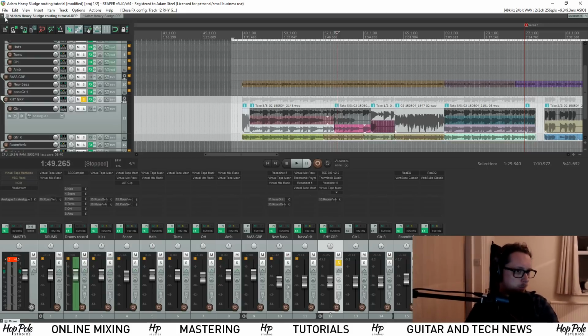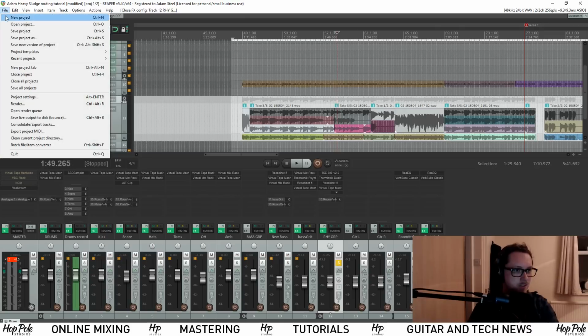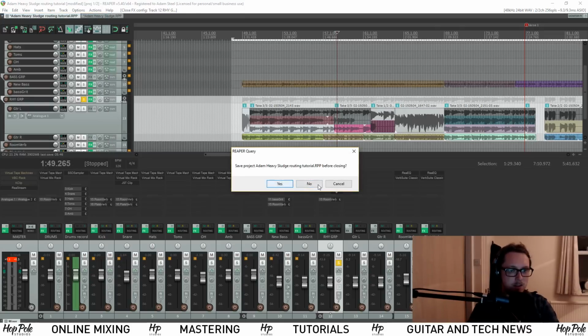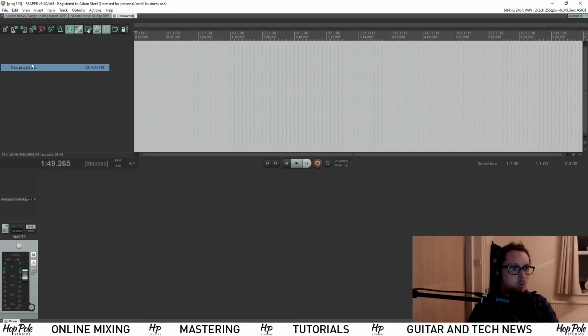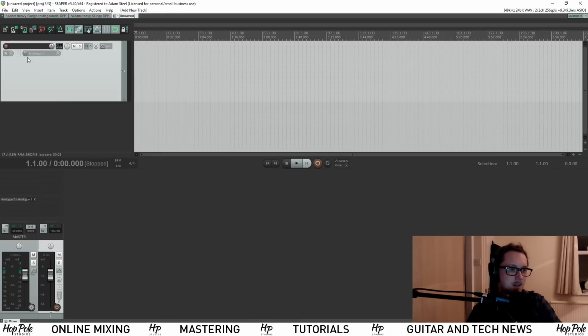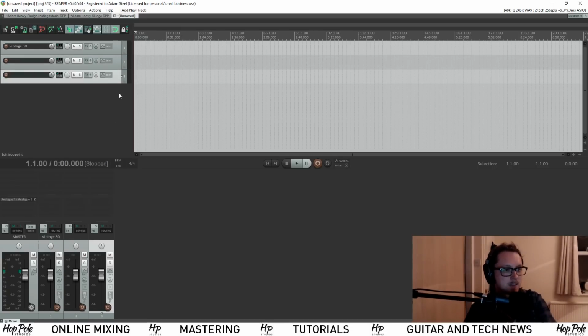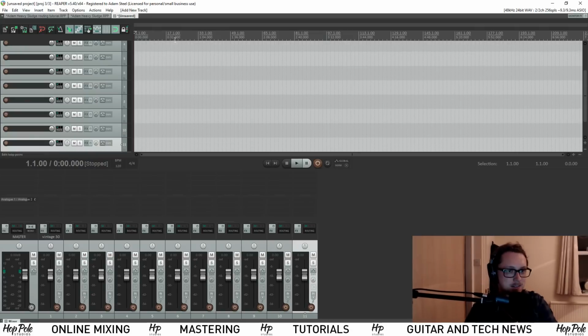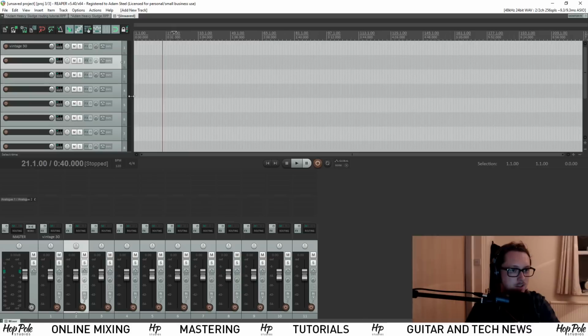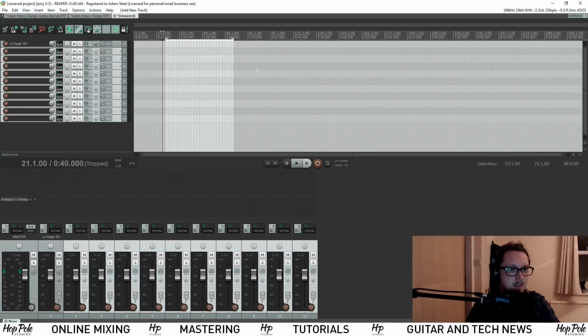Let's see, I don't think I have that project with me. Let's just quickly, oh no, new tab. That's a new thing in Reaper, by the way, project tabs. I can have several things open at once. So let's just say, I don't know, let's call this Vintage 30. Now let's say this had 4, 5, 6, 7, 8, 9, 10 channels, and just for display's sake, let's just insert